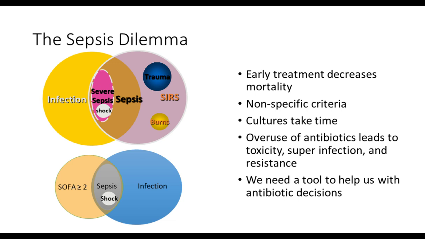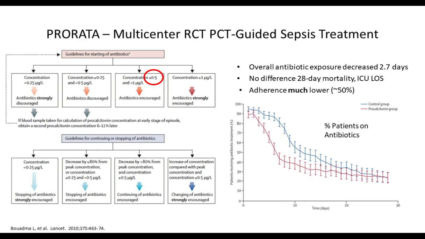It's a non-specific diagnosis, right? It's organ dysfunction in the setting of, I think they might have an infection. Cultures take time, so we give lots of antibiotics because we don't want to miss, because we know people with sepsis have bad outcomes. And so we accept the negative of giving lots of antibiotics to some people who don't need them because we think we're going to benefit people in the long run. Now, all that use leads to toxicity, superinfection, resistance,